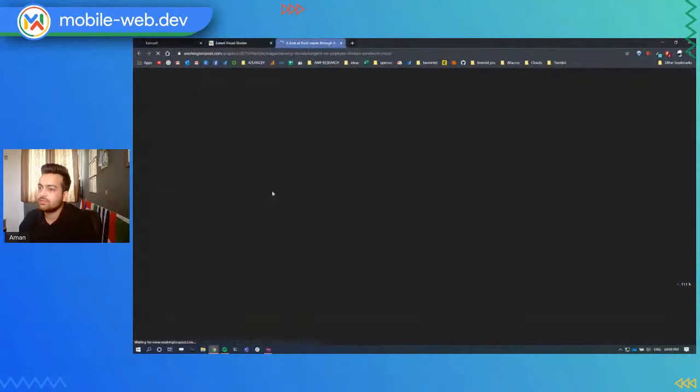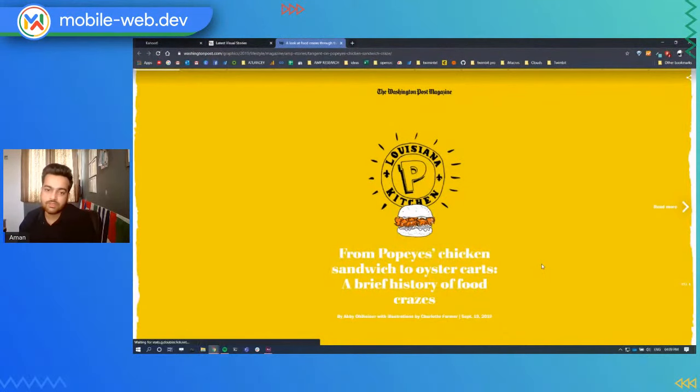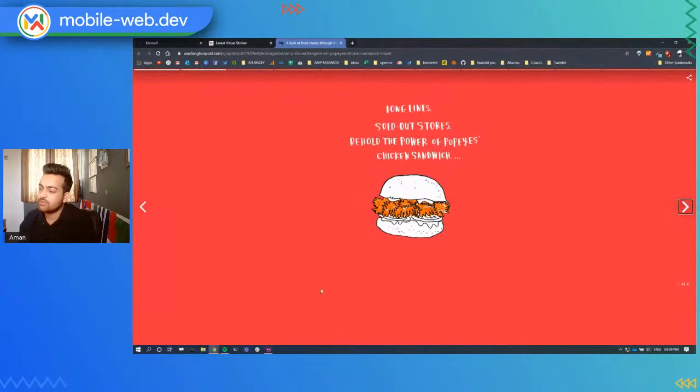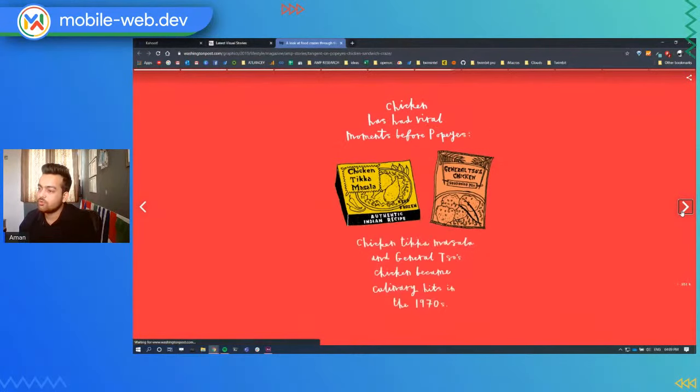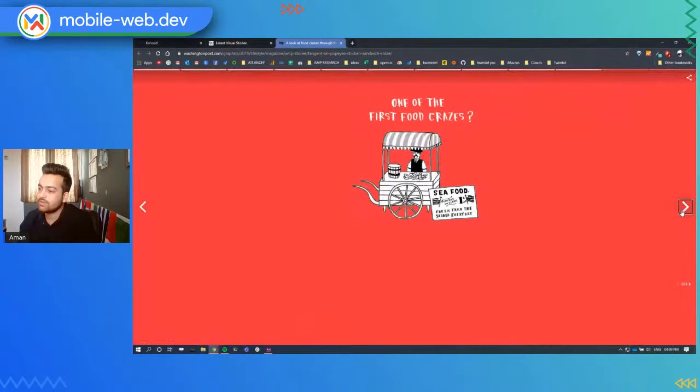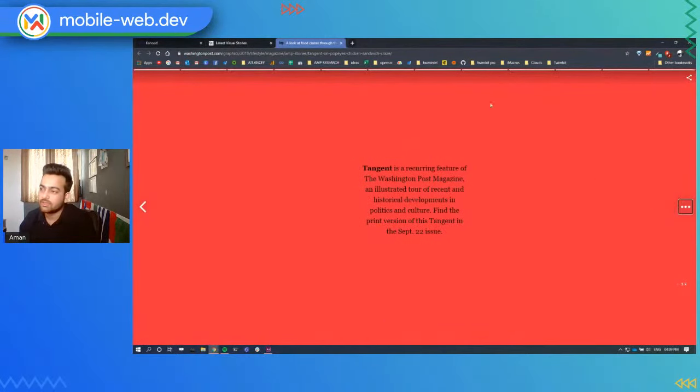Maybe this one. So this is an AMP story. This is right now in landscape mode. There are two modes, landscape and portrait. When you see it in full screen, it's landscape mode, and when you see just the phone in the middle, that's portrait mode. There is a button which you can click to move ahead in the story. Then you have different animations going on, and the most important element is this bar, which is called a page, and then you have content over it.